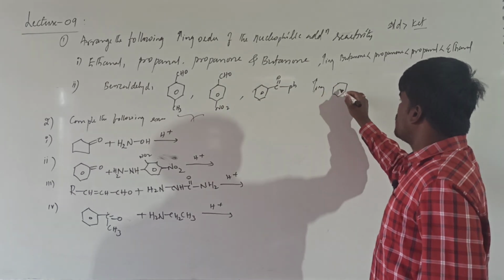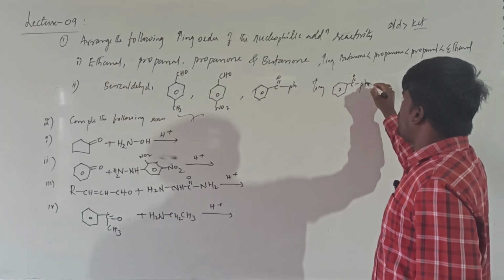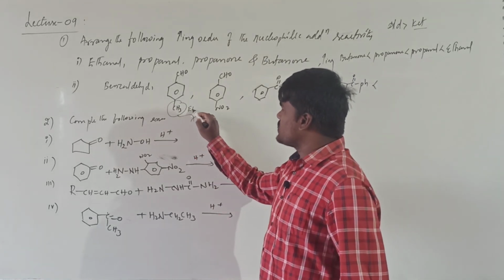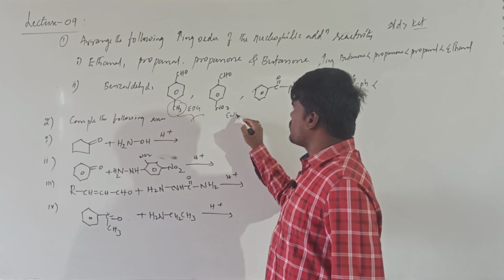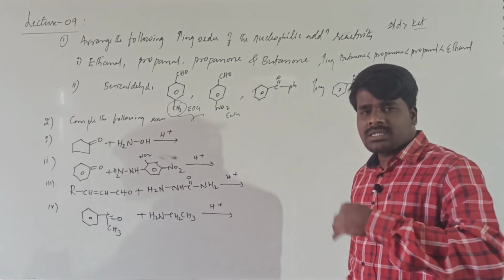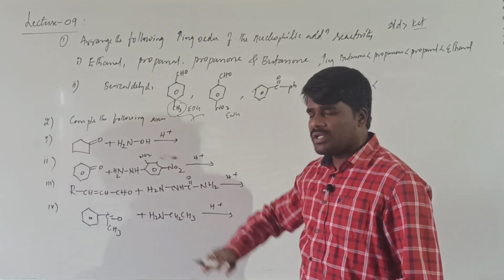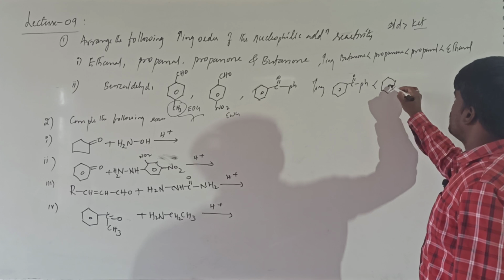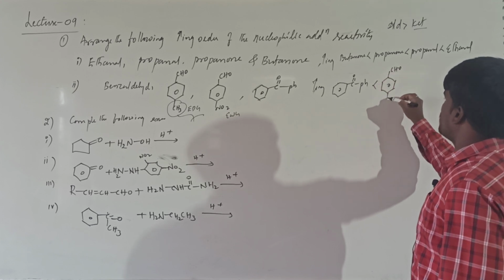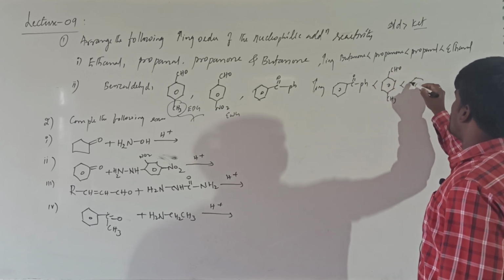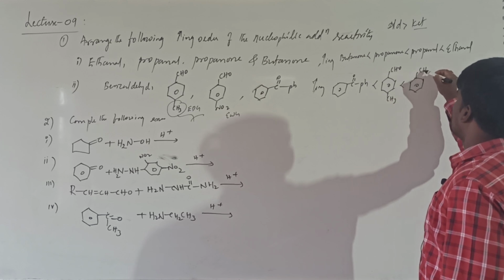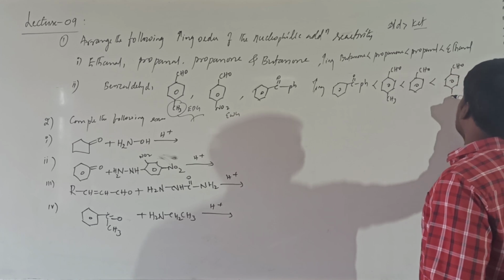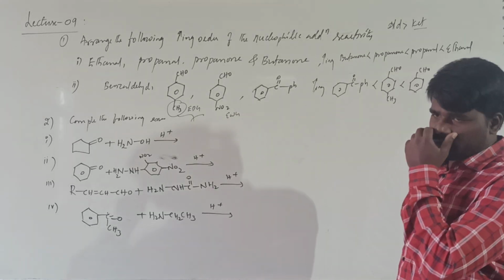Acetophenone has to be the least reactive. This is least reactive, followed by, so here this is electron donating group, this is electron donating group, this is electron withdrawing group. So electron withdrawing group increases the rate of reactivity, electron donating group decreases the rate of reactivity, so that you will get the para-tolualdehyde followed by benzaldehyde, followed by, more reactive will be para-nitrobenzaldehyde. This is the order of reactivity.